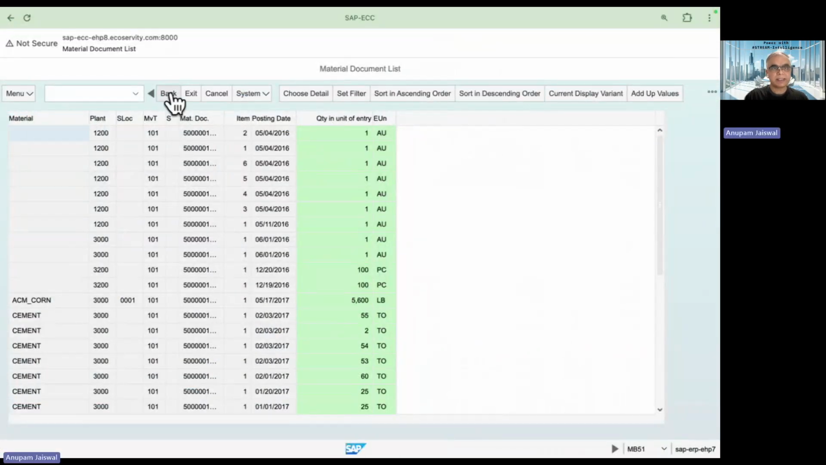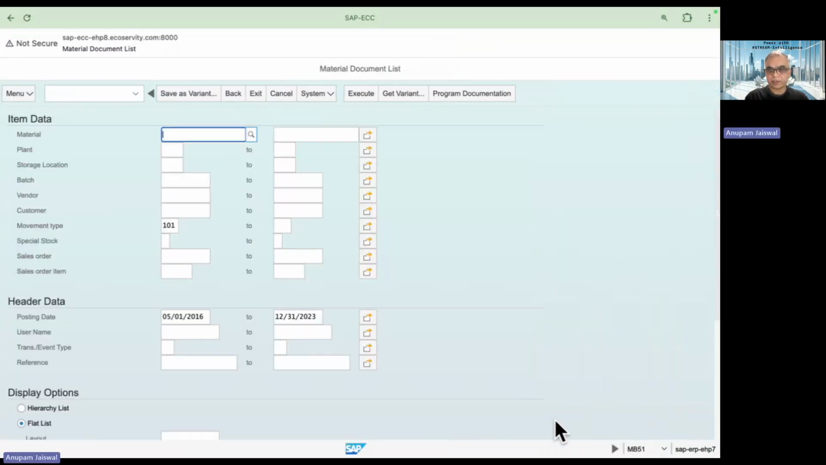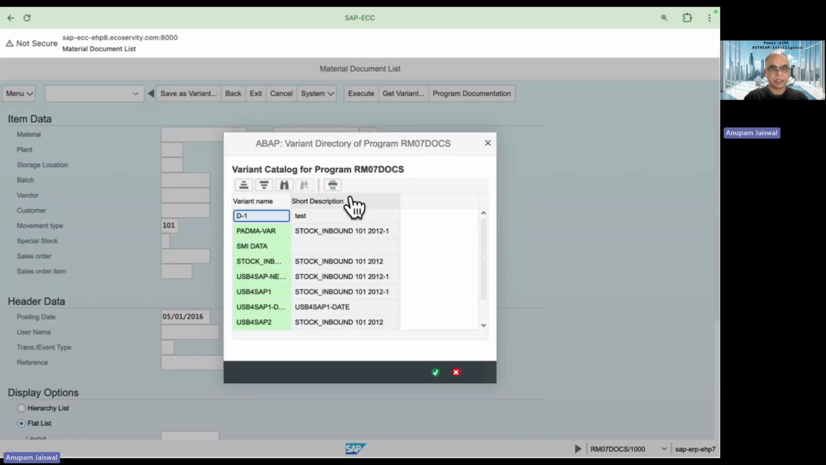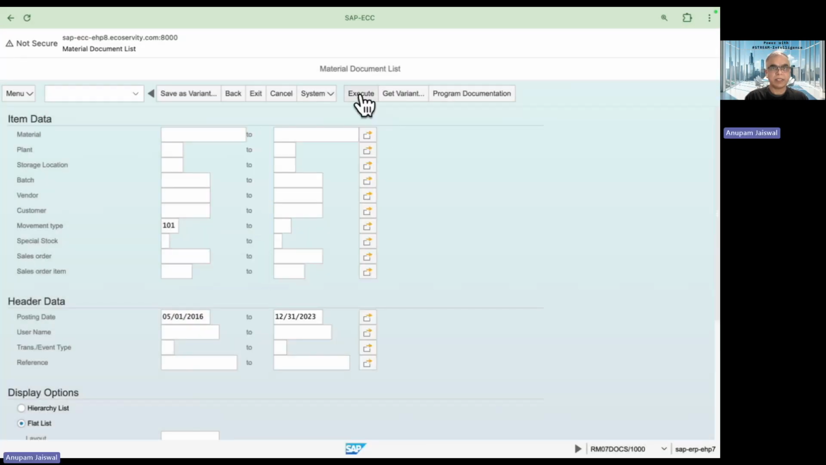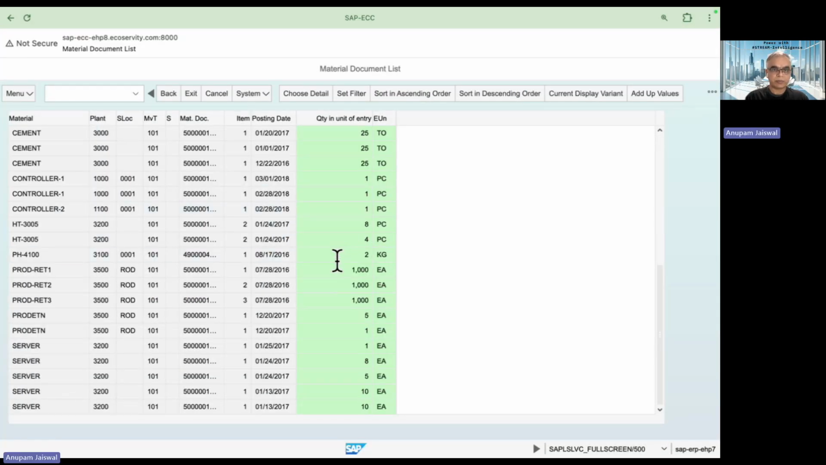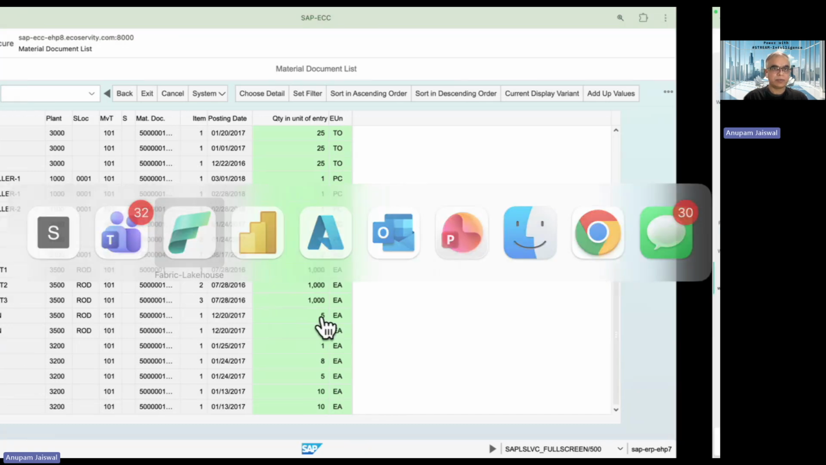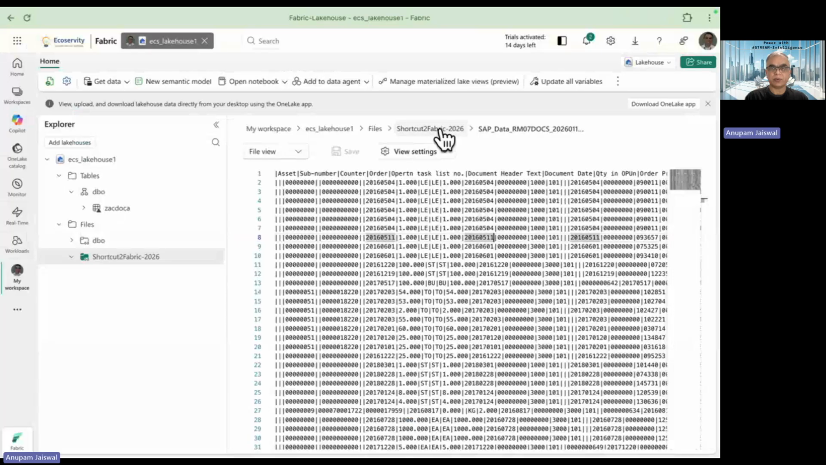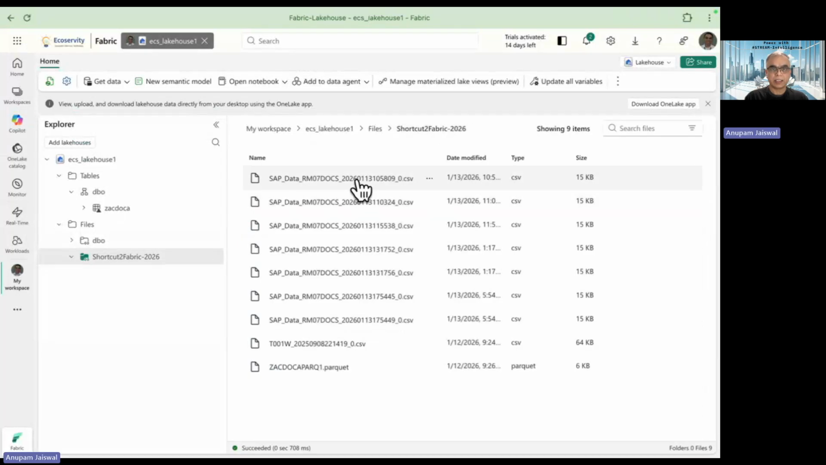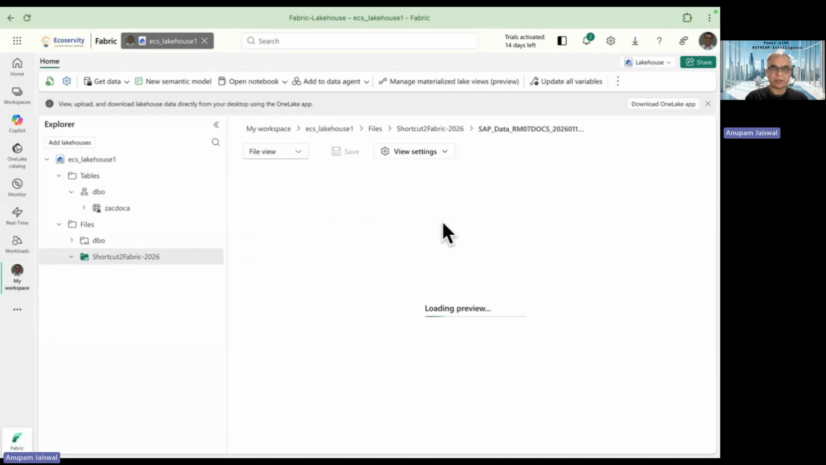So basically, this is again our favorite RM07 DOCS or MB51 report. If I run this on SAP, this is the output. I think you would be familiar with this. What we did was to bring the same output of this SAP RM07 DOCS